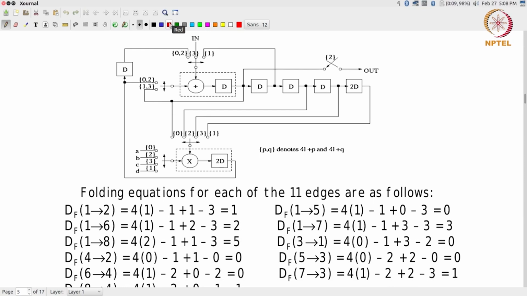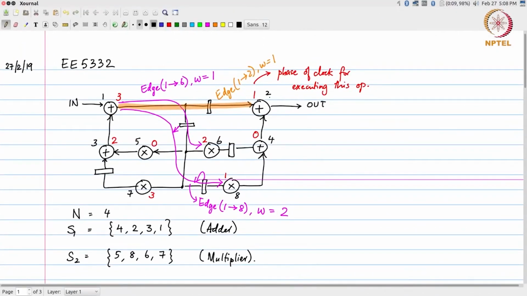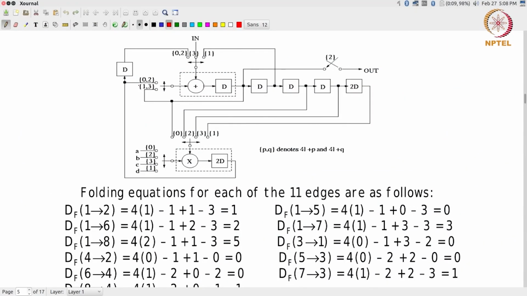Let's take a look at operation number 2, for example. Operation number 2 is an addition. It occurs at time 1, phase 1 of the clock. So that means that I should basically be interested in what are the inputs coming to the adder at phase 1. I can see that this is one of them and this is the other one. So where are they coming from? This one is basically coming from the adder output over here, and this is coming from the adder output over here,